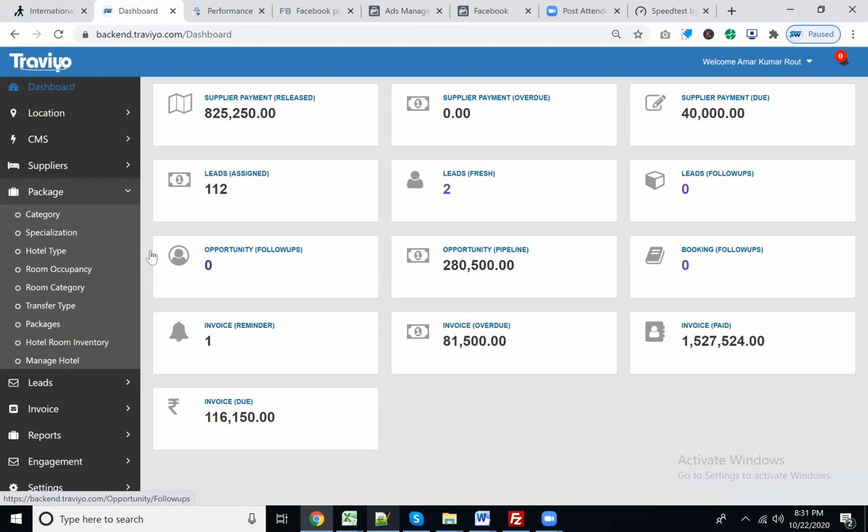These are all part of your package, part of your complete itineraries. Whenever you are going to upload an itinerary to your website, you must set up your master tools first. The categories, specialization, hotel type, room details, and transport type are the masters for your package.